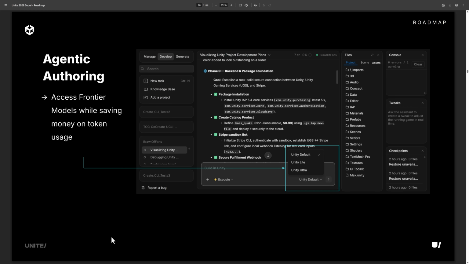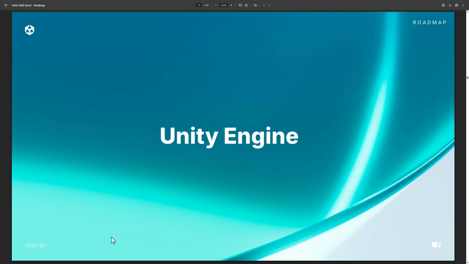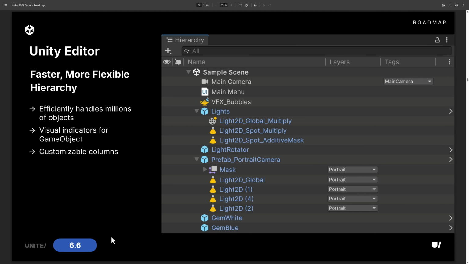One of the big things here with AI is they were charging for their MCP. Now using the new pipeline, you're not going to have to pay for that. So I guess that is definitely an upgrade there. But let's get to the key part, the Unity editor. So you can see down here by the tags which particular versions are impacted. So some of these are going to be 6.6 would be the next release, coming every, I think it's 3 months, their schedule on this one.